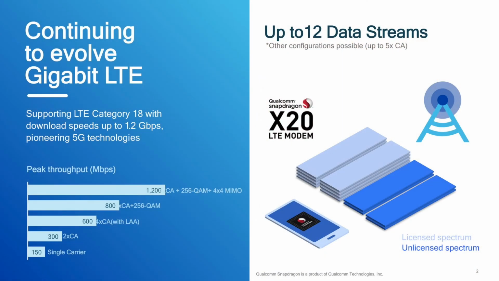If there are 5 carriers, then one could actually go down a little further in terms of modulation order, or go down to fewer spatial layers, and then increase the speeds again to gigabit speeds. So it allows us to get to gigabit speeds in multiple ways. And as we look at our recent X20 announcement, which is our second generation gigabit speed modem, it allows us to enhance the gigabit speeds. Now it's 1.2 gigabits per second, but also gives us additional capabilities as a part of that.